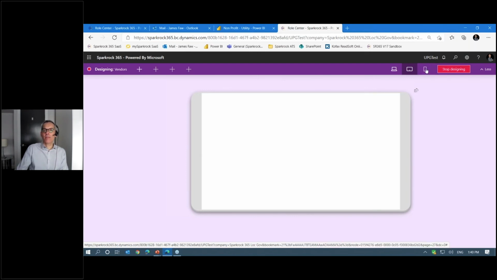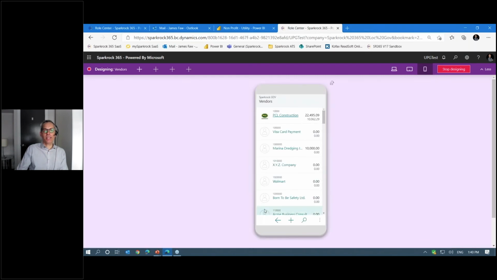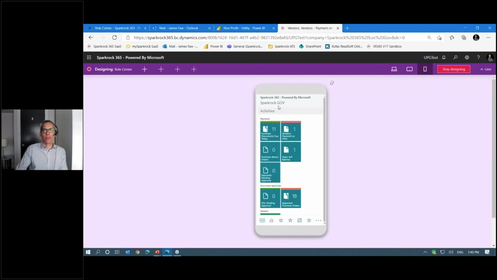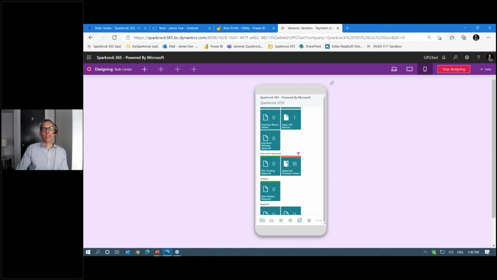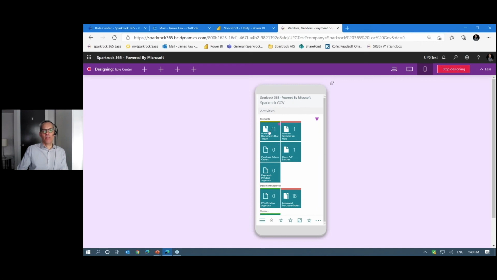I can see it in any one of these ways. And again, if I'm working on a mobile, I can see that list of vendors from a mobile perspective, or I can identify what are all the items that I need to approve, or anything that's expiring. Things like that are available to me right from here by clicking on each one of these. So again, that's another part of this theme of empowering efficiency.